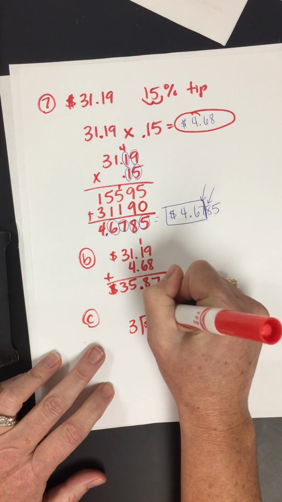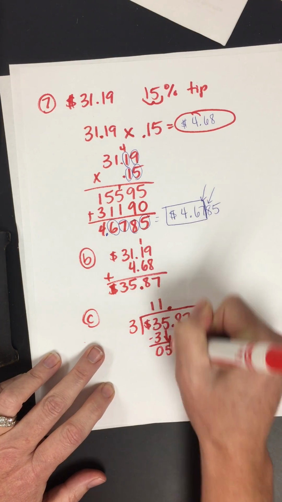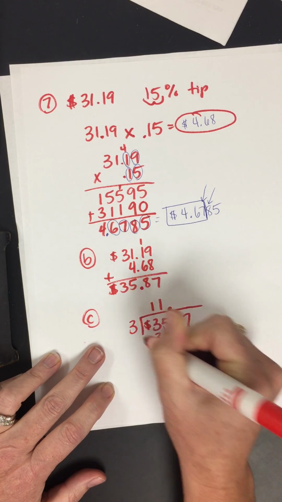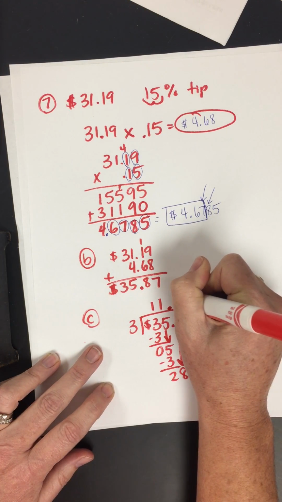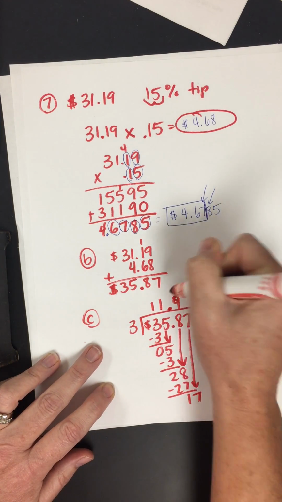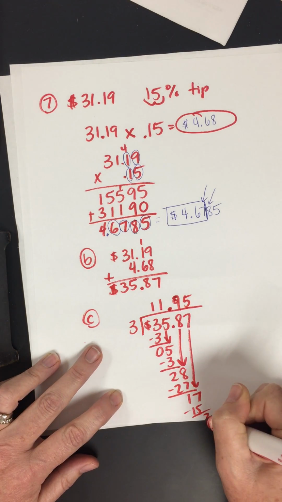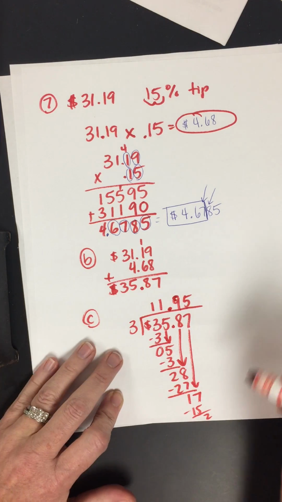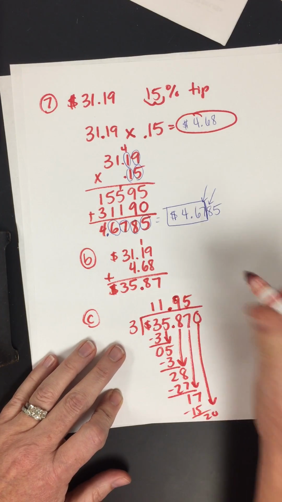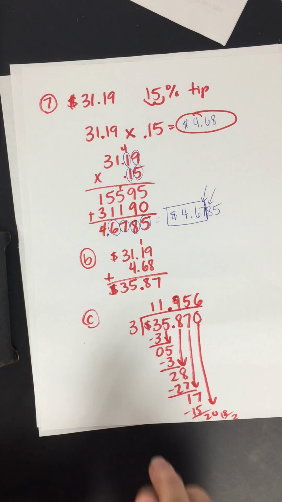So 3 into 3 goes 1. 3 into 5 goes 1. Remember, don't bring your decimal down, that'll just confuse you. 3 into 28 goes 9. 3 into 17 goes 5. We can't forget about this remainder. We got to figure something out here. So we need to go ahead and add a 0 and bring it down. And 3 into 18 goes 6. Okay, so now we've gone past